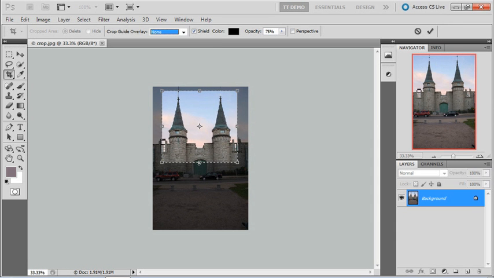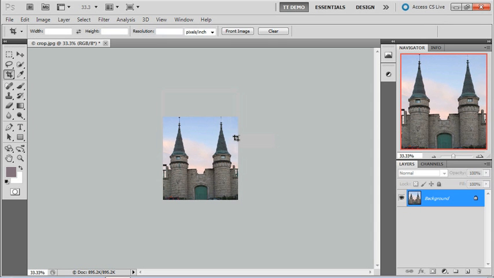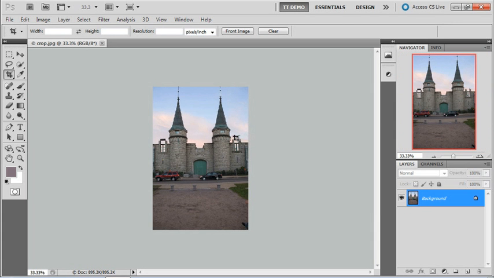Now if we go, I'll drag this out to the bottom. To commit to this crop, you can simply press the return or enter key on the keyboard, or on the PC we can right-click, control-click on the Mac and select crop. And there we have our crop. I'm going to undo this with Control-Z on the PC and Command-Z on the Mac,